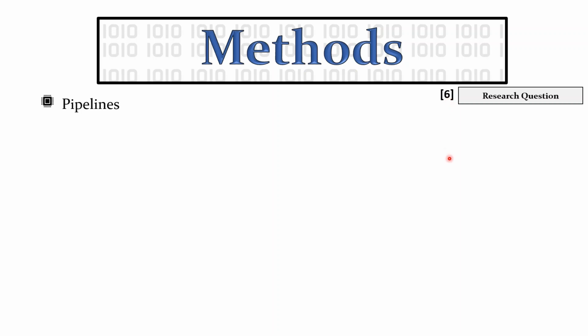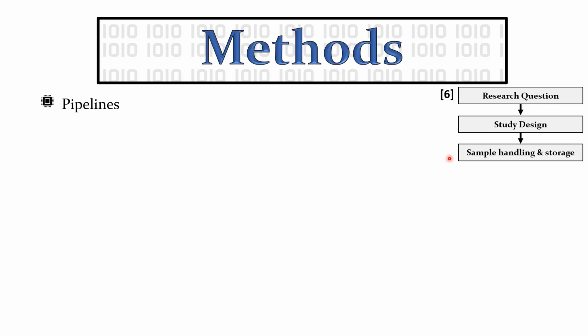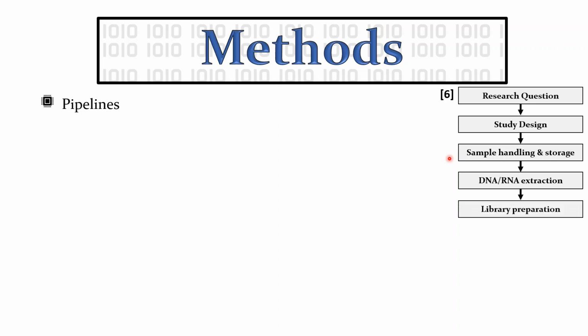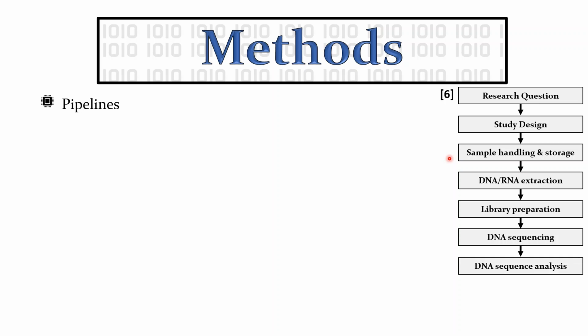So usually any sort of bioinformatics project, you'll start with some sort of research question you want to answer. You'll design your study. You'll collect and handle your samples. So it's DNA, RNA, whatever type of biological origin it comes from. You need to make sure you store it right, etc. You're going to extract the DNA or RNA or whatever. You're going to prep the library, and you're going to sequence that data using some sort of machine, some sort of process to get it into a computer